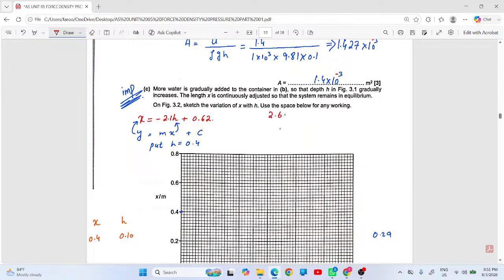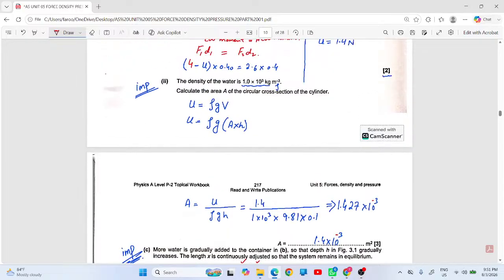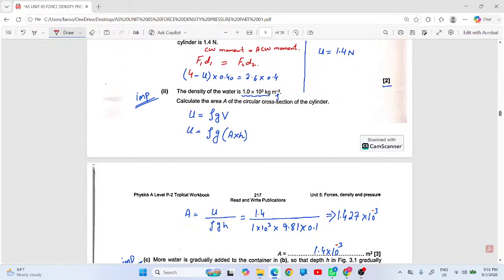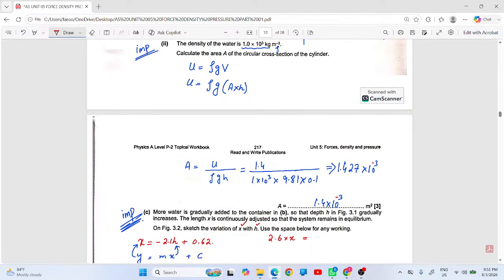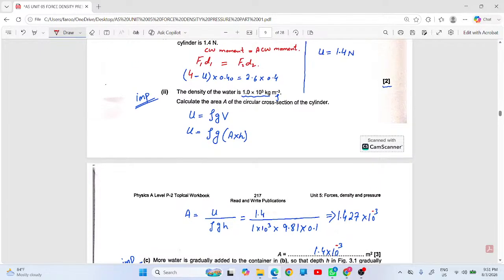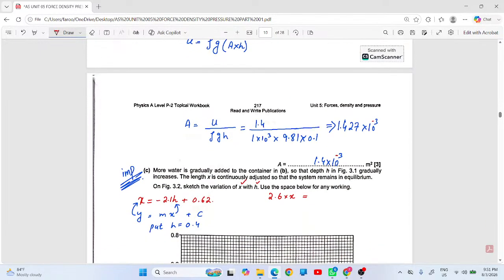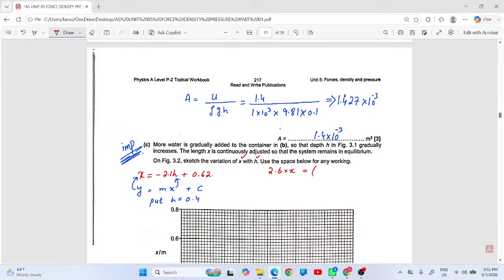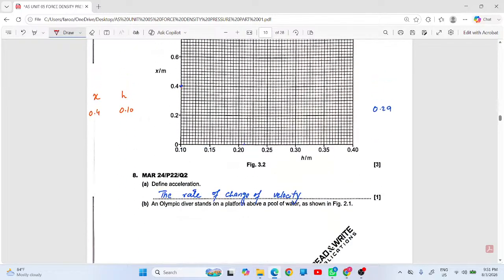We didn't know the value of x because we have to make a relation between x and h. Now the clockwise moment is due to upthrust and the weight, है ना। So 4 minus upthrust. तो इसमें हम लिखते हैं 4 minus U, तो बच्चे मैं लिख रहा हूँ ब्रैकेट में 4 minus U की जगह पे हम लगाते हैं ρgV, ρgV। अभी तो मैंने ऐसे नहीं किया था, नहीं।